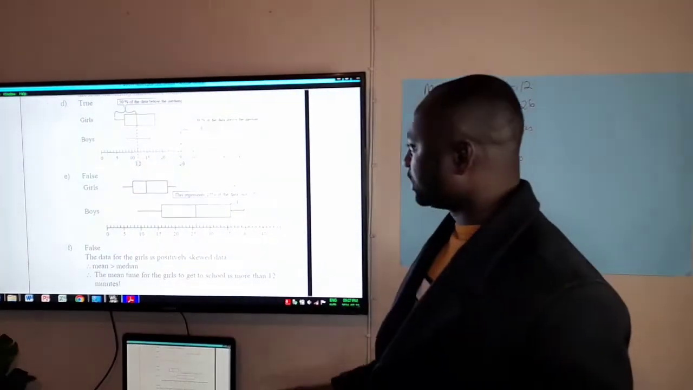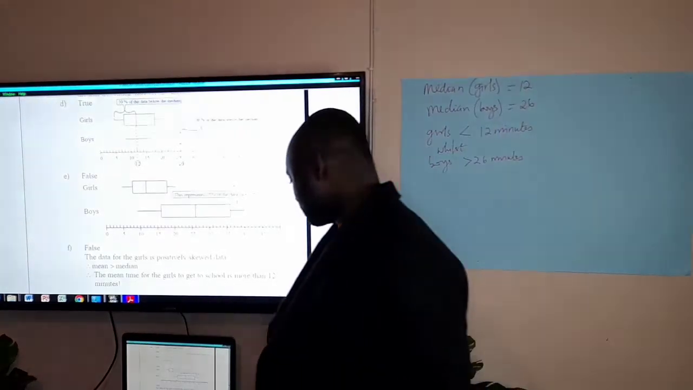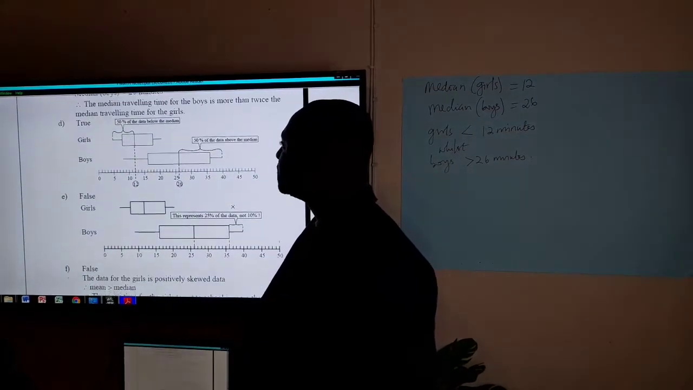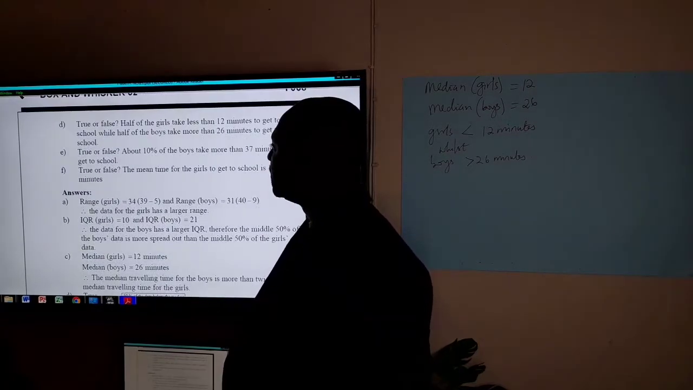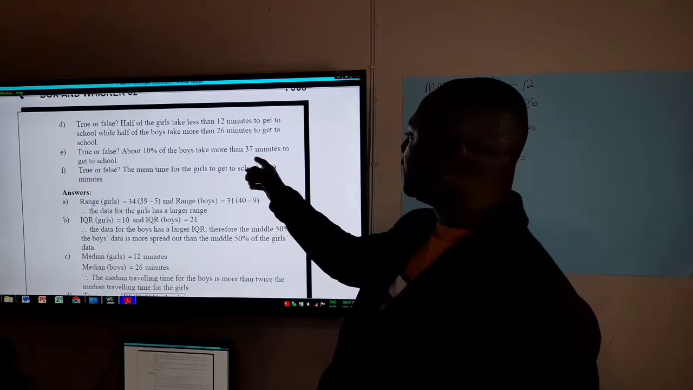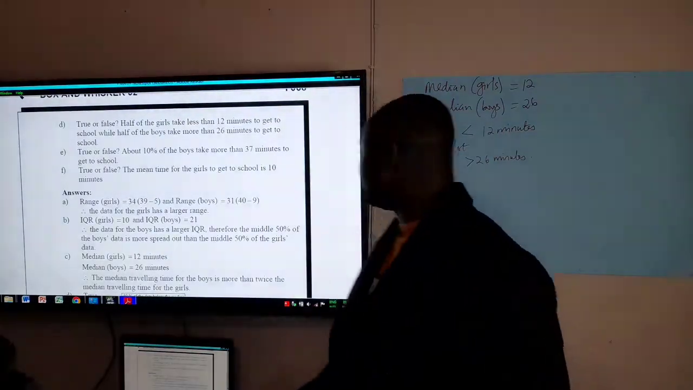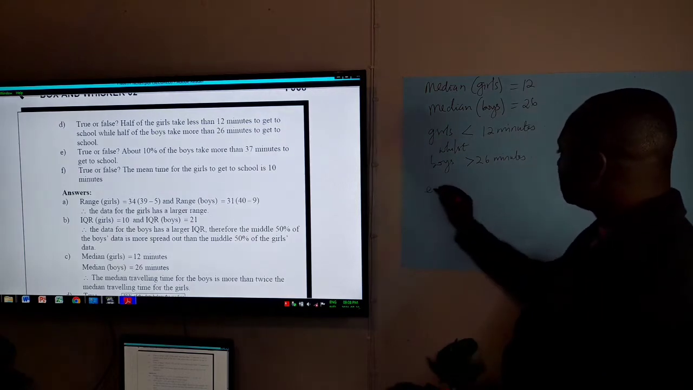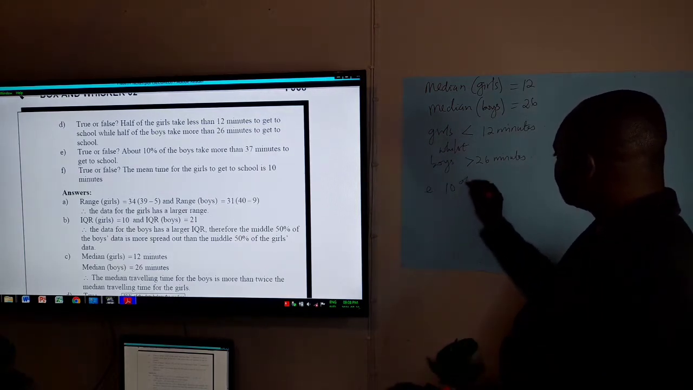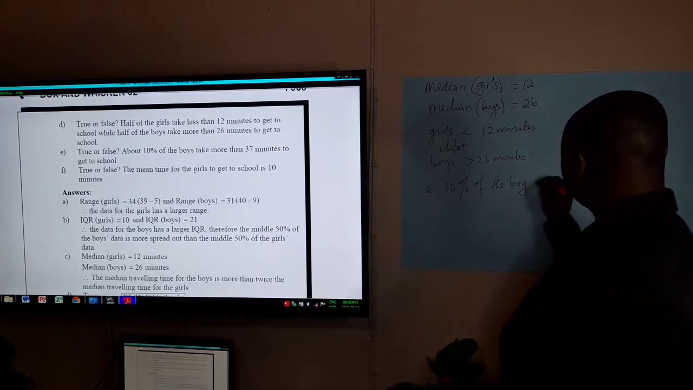Now let's go and look at question number E. What did they ask? Then we come back to the answer. It says true or false: about 10% of the boys take more than 37 minutes to get to the school. 10% of the boys. So question number E, it says 10% of the boys